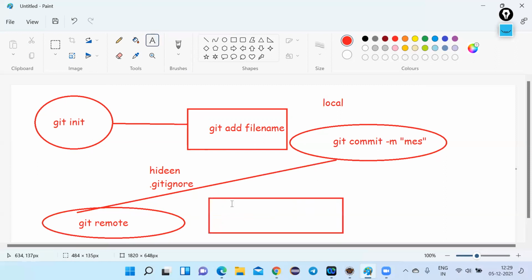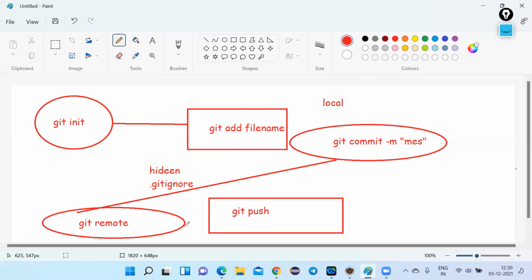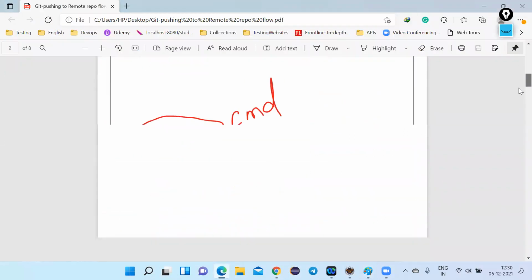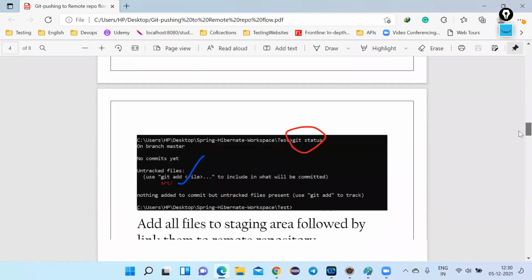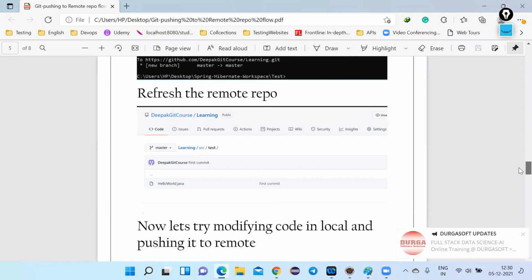Let's say you use the command git push. You will get an error. What error? Who are you? You need to tell git who you are, what your email address is, what your password is. So you will get a fatal error. In this case, you need to add the email address to git. I have listed all these commands here. If you need them, you can comment your mail ID in the comment section and I'll be mailing you this. I have documented how you can